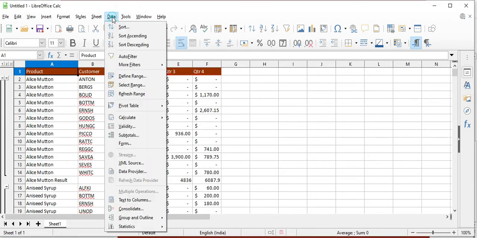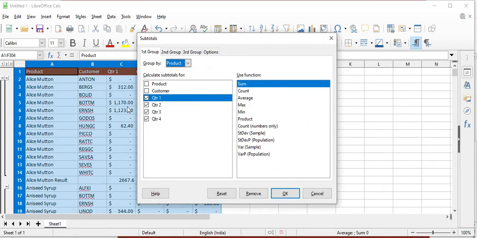Click on Data, go to Subtotal. Here in group 1, I am selecting the product, and here Q1. In group 2, I am selecting the customer. I want to see how much each customer has taken, and then click Q1.